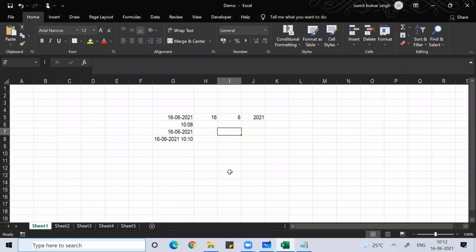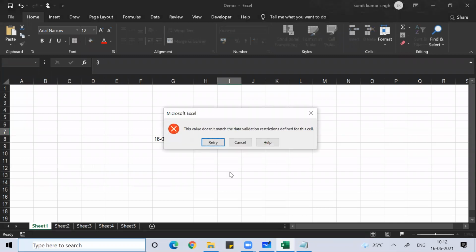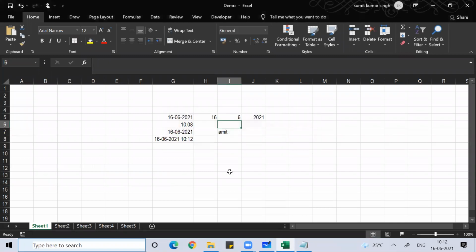Then if you write characters inside that cell it is accepted, but if you write a number, it will not accept.